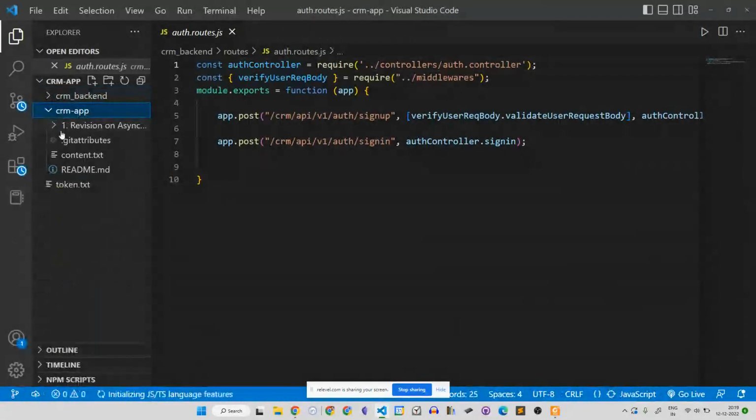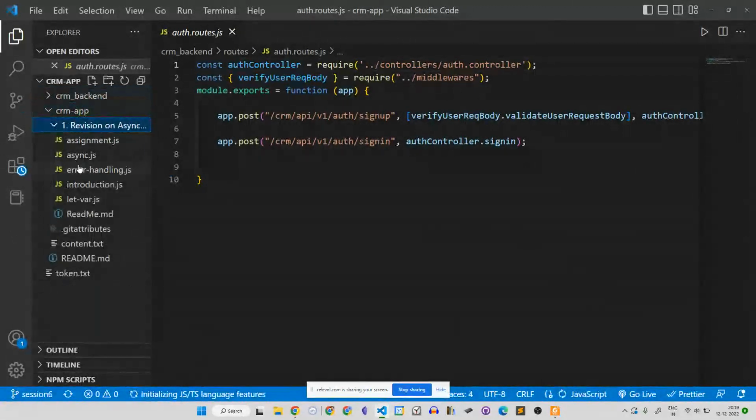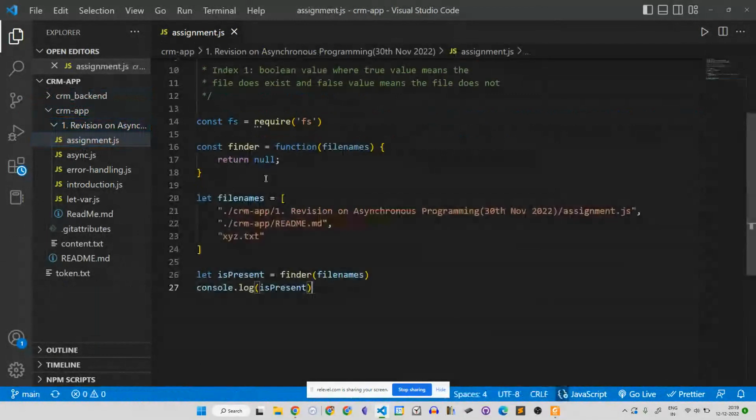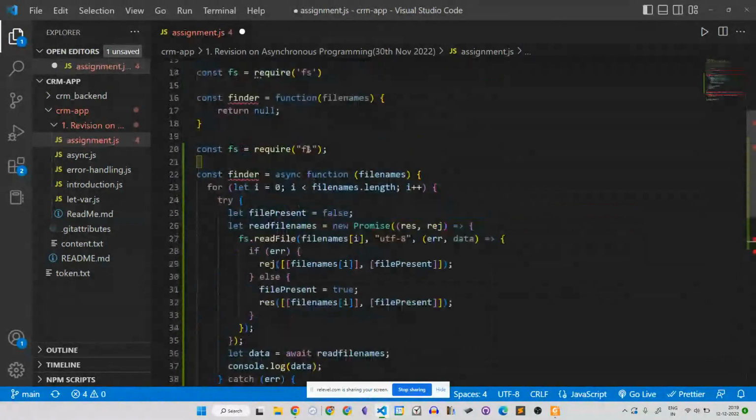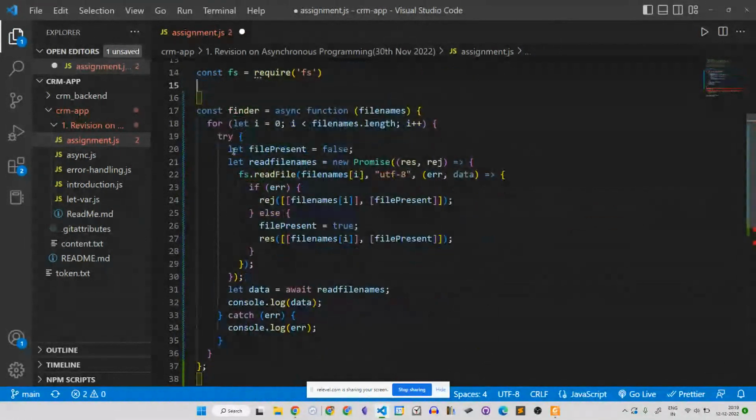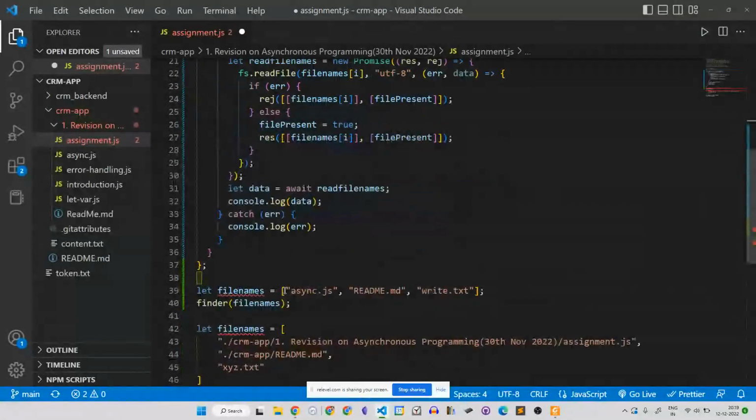In this revision of async, there was an assignment, and finder was the function. Okay, I'm going to paste the code here. Control V. I'm going to delete this finder function, and this whole part I'm going to delete. Now this finder function is going to console log the data.